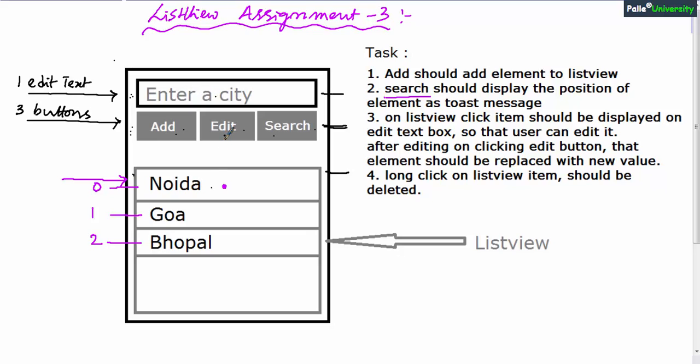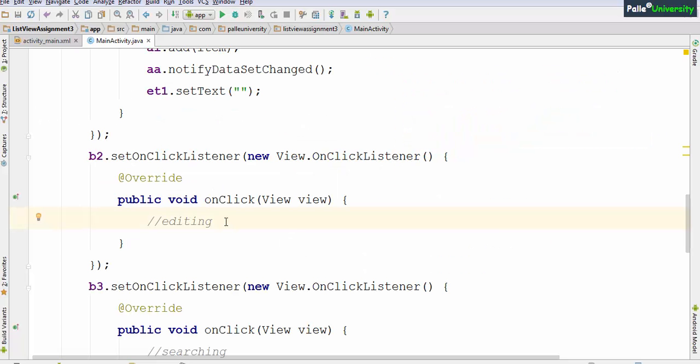Before editing any city, first user will click on list view so that that element will be displayed in the edit text box. Later user can edit that city. Before writing this logic, first we should write list view on item click listener. Based on the position, we should get the element and we should display that element in edit text box.